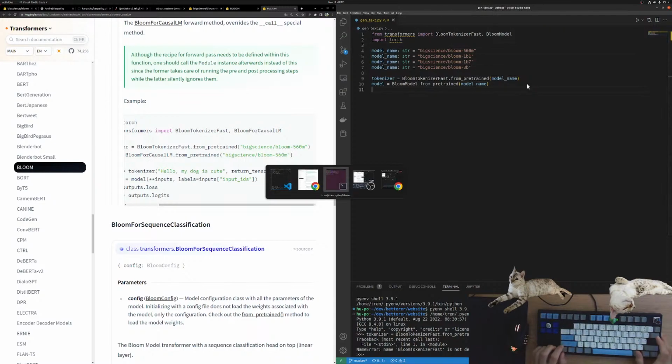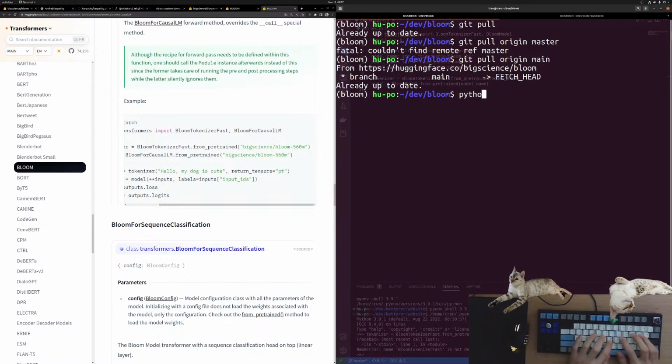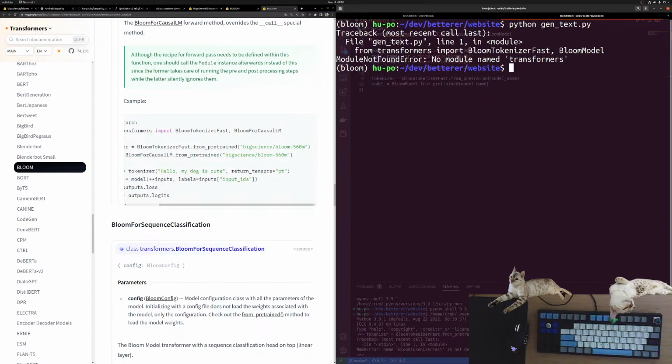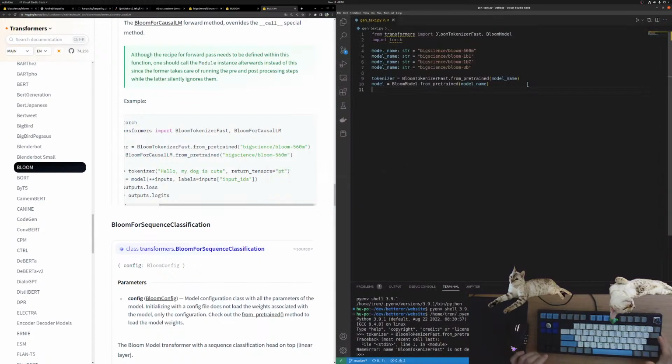So let's go ahead and see what happens if we try to run this, which almost inevitably is not going to work here. We need to run this in our pyenv activate. We first need to activate our Python environment. Then let's actually run gentext. No module named transformers. Okay, so we're going to need to install